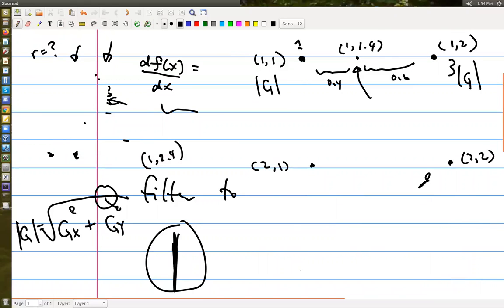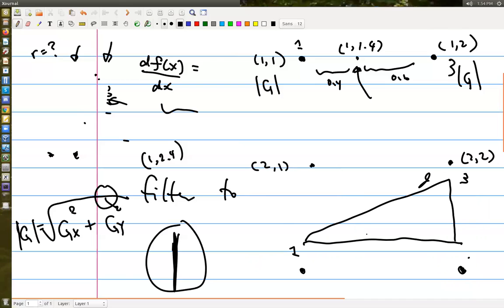So if I just think of this as 1 and this as 3, and I horizontally draw that, and do a plot here, this value goes from 1 to 3. If I linearly interpolate, this distance is 0.4 and this is 0.6 here. Then the value, the height here, should be